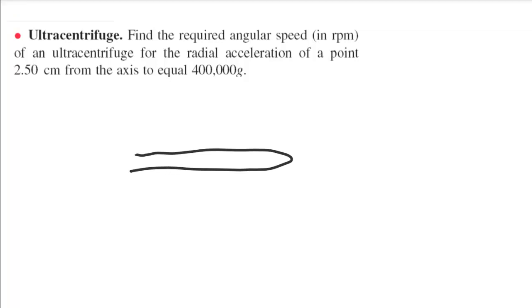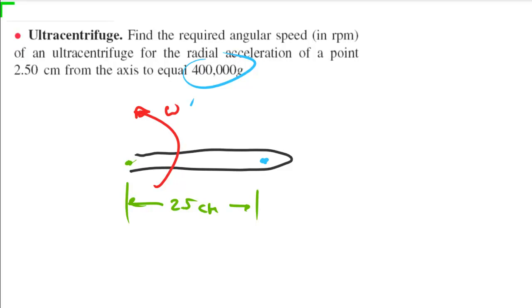or something, and then this thing is rotated very, very quickly, right, with some rotational velocity omega, and it's filled with a sample, something like blood, and maybe I have a point over here, and this point is 2.5 centimeters. Just happens to be the length of this tube here, 2.5 centimeters from the axis of rotation, so it's rotating around this axis here, and we want to spin it so quickly, this omega, so that the forces acting on this point right here are, well, the centripetal acceleration is 400,000 times g, 400,000 times the acceleration due